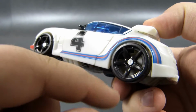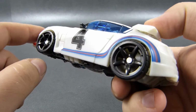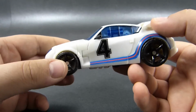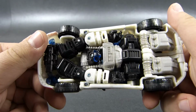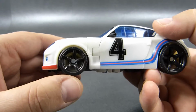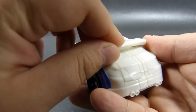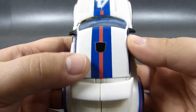And also, typical for the American releases, we have simple plastic wheels with no painted hubcaps, though they do roll on the floor quite nice, as despite the fact that we can see some robot bits protruding from the bottom, they do not outgo the wheels, so the rolling is quite nice. The spoiler also moves a bit, mostly for the transformation,